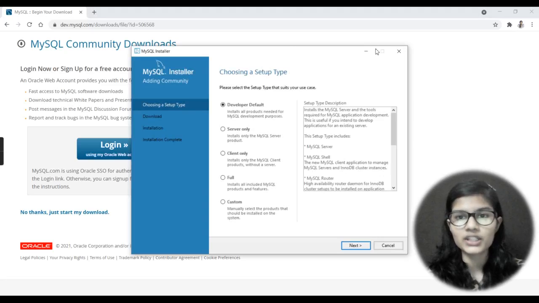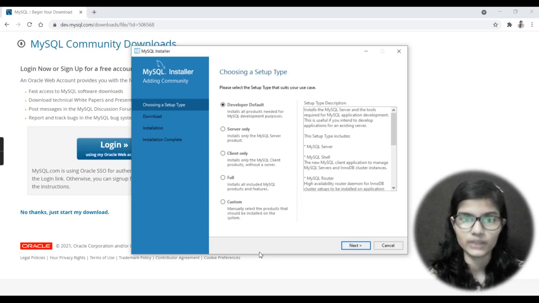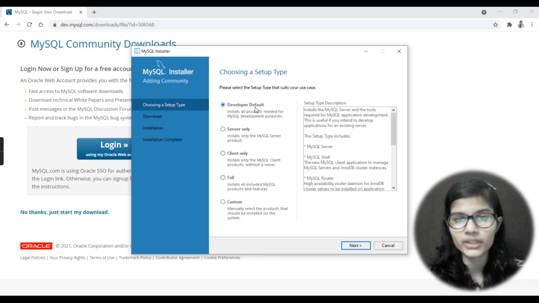Fine. So as soon as you have done this, you'll get a window like this. Now in the starting, I was telling you that you'll get many options for what type of installation you want for this MySQL. Right, now here we have the developer type. You have developer default, you have server only, you have client, you have full, and here you have custom as well.